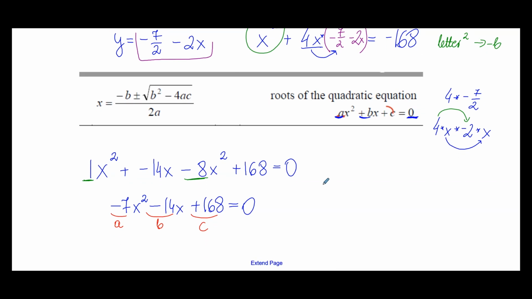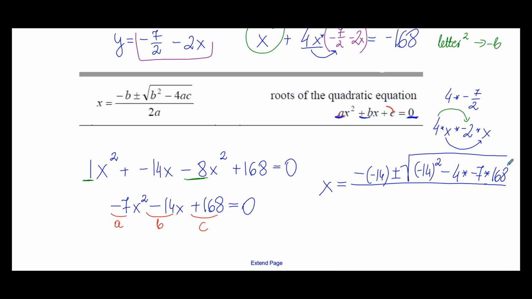Okay, so let's put that in our minus b formula. So x equals a fraction line, minus, and then our b value is minus 14, not 14, minus 14. Then we have plus and minus because it goes with two versions, square root. And again, b value, b is minus 14, and that b is taken to the power of 2, minus, then we have 4, multiplied by the value of a, and a is minus 7, so multiplied by minus 7, multiplied by c, which is 168, and then at the bottom of the fraction I have 2, multiplied by the value of a,